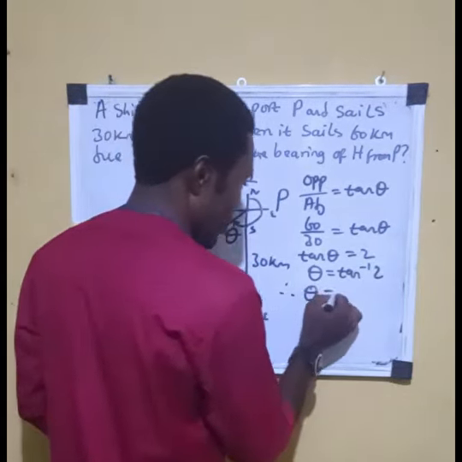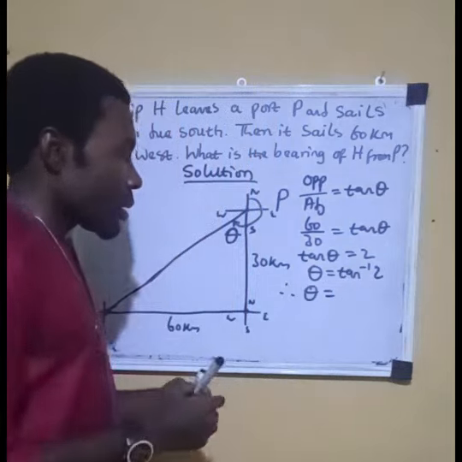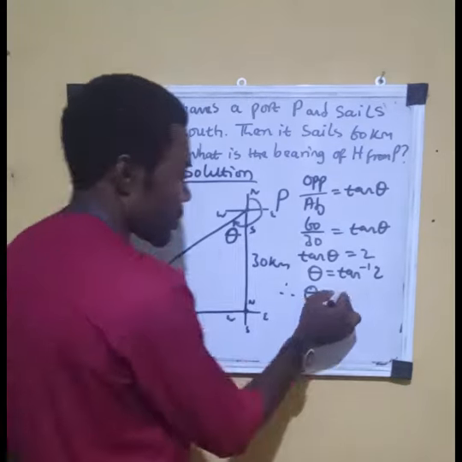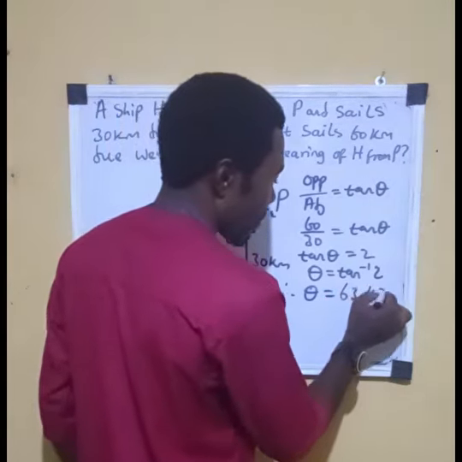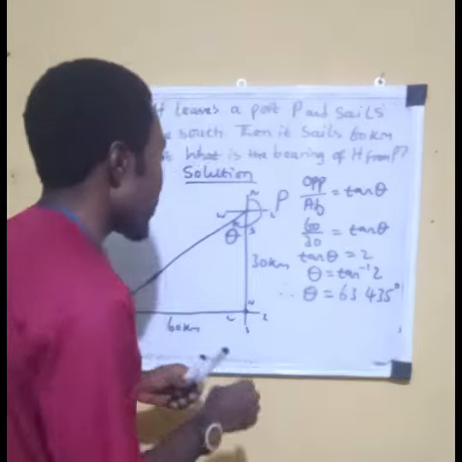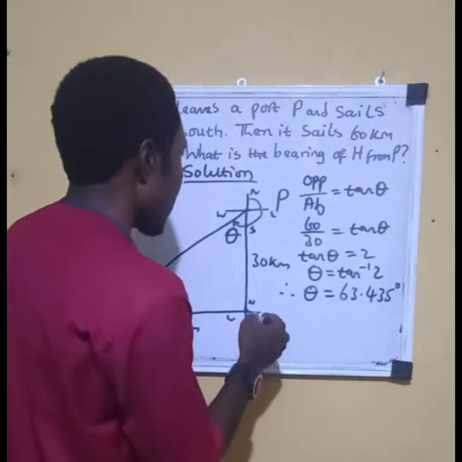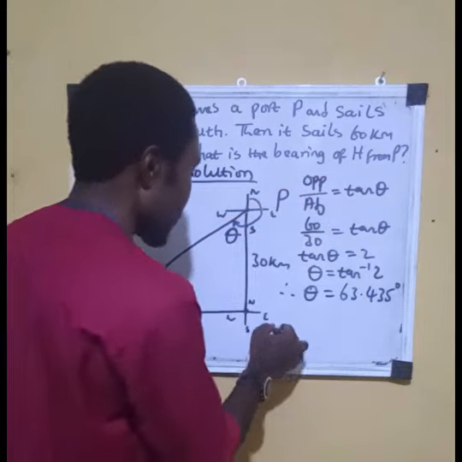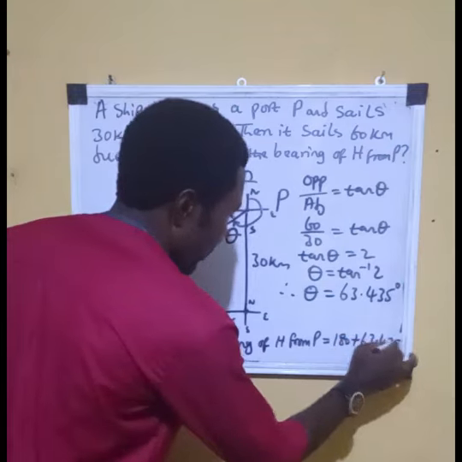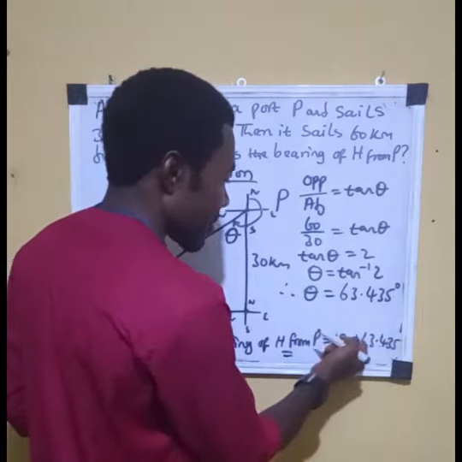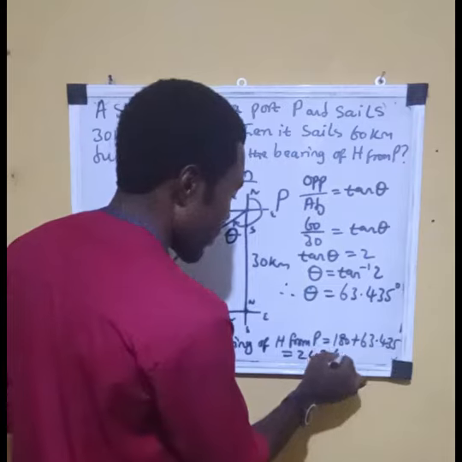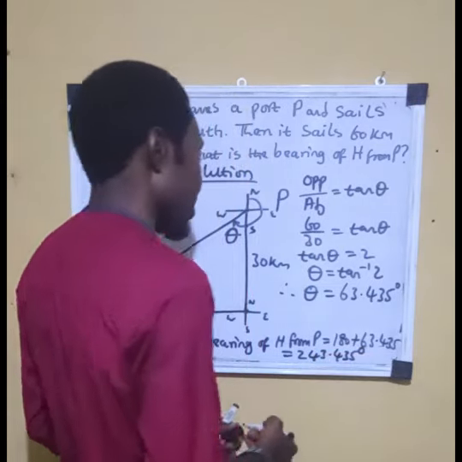Therefore, theta is equal to tan inverse of 2 from your mathematical table or calculator. Tan inverse of 2 will give you 63.435 degrees. But remember, that is not what we are looking for. We are going to add 180 to it. So the bearing of H from P is equal to 180 plus 63.435. And that is going to give us 243.435 degrees, which is to the nearest whole number